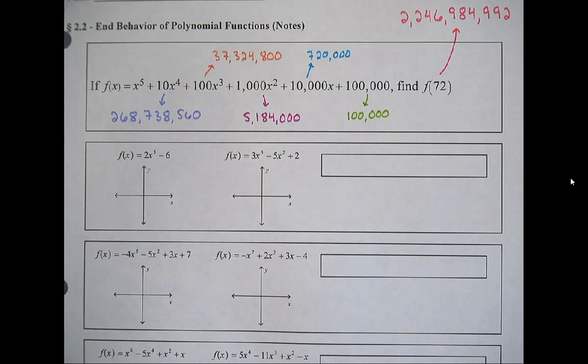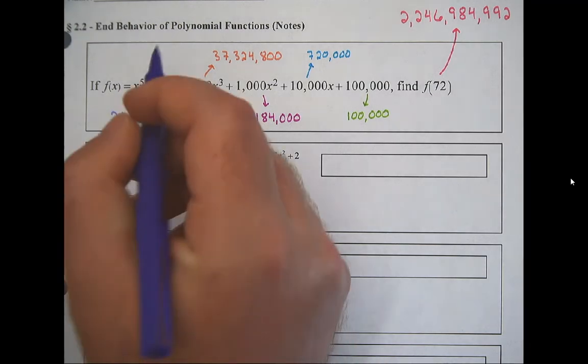So what is that last term? What is the x to the fifth? The one that looks kind of like the smallest piece of the puzzle. It actually contributes by far the most to the overall answer. And if you'll see, this turns out to be